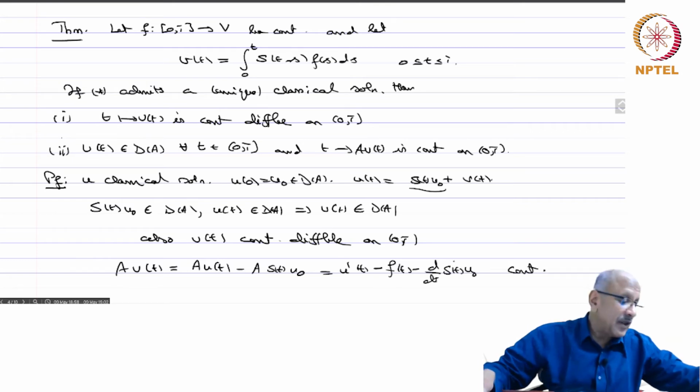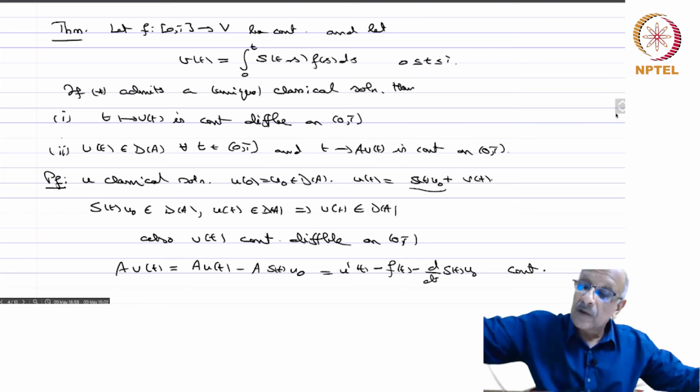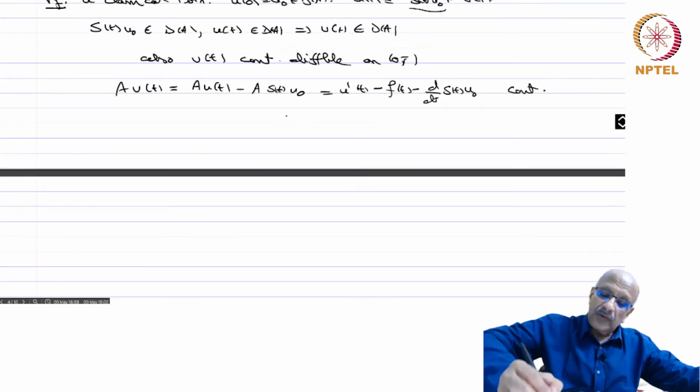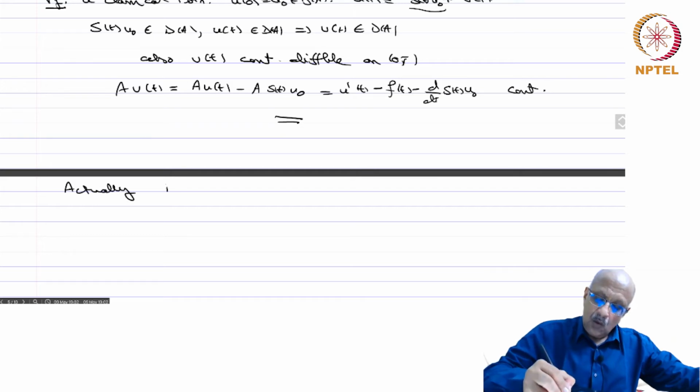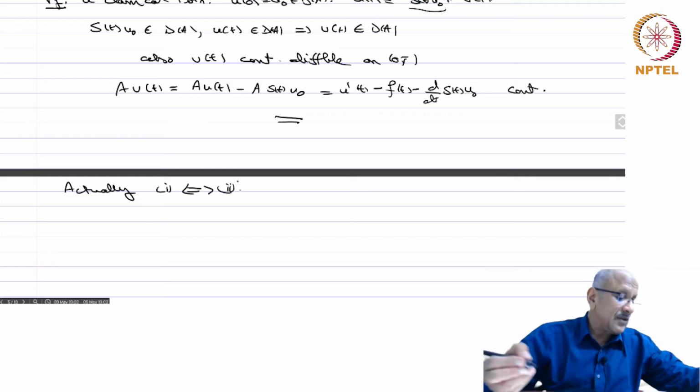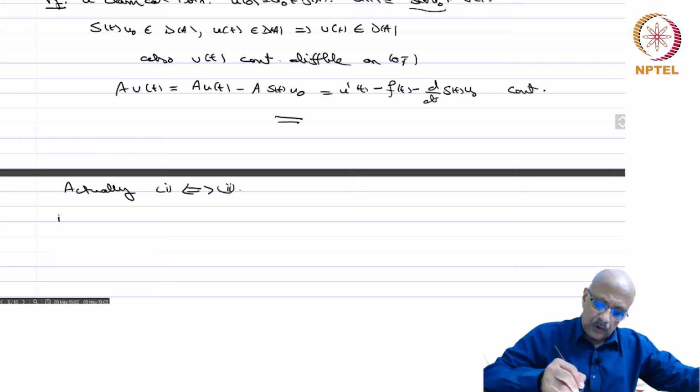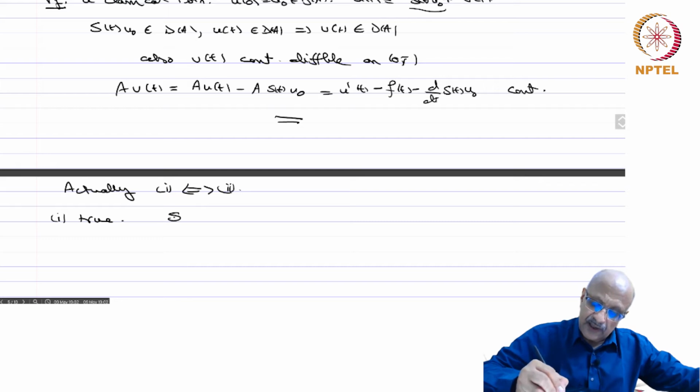Okay, so A of v(t) is also continuous, and that completes the proof. Now though we said 1 and 2, actually 1 if and only if 2, they are equivalent statements. Okay, so assume 1 true. Okay, then look at